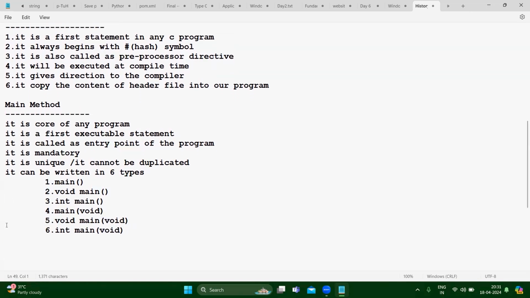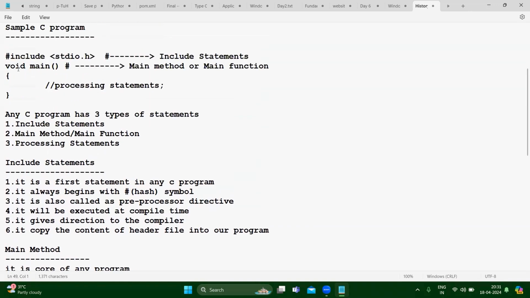Okay. So now let's understand. In this syntax, there are processing statements.